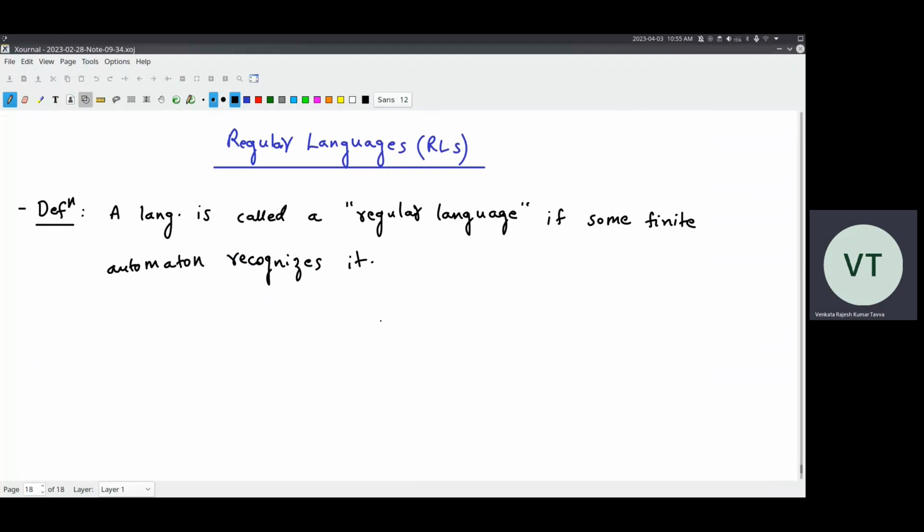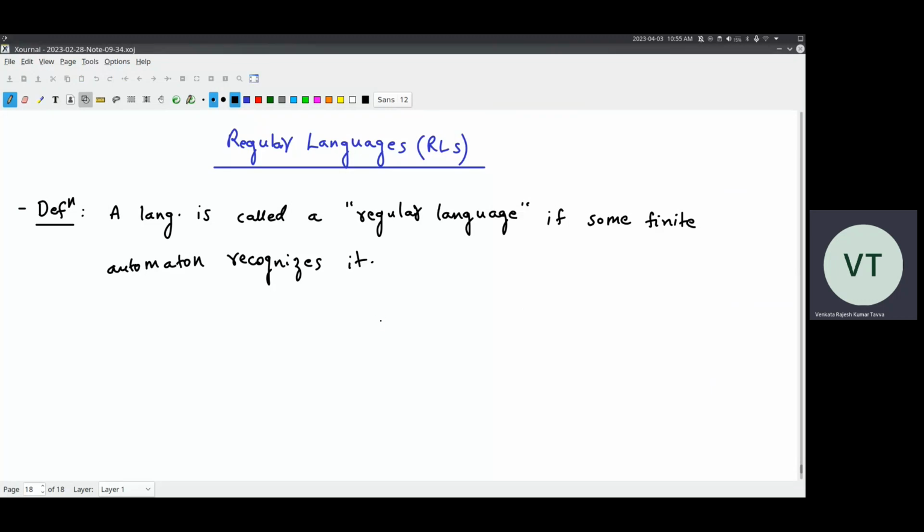It is an indirect definition. A regular language is one: if a language is recognized by a finite automaton, it's called a regular language. That's it. We have a clear definition for a finite automaton. A regular language is in turn defined using a finite automaton. That's all. And I think I already gave you a particular example of a regular language in terms of regular expressions